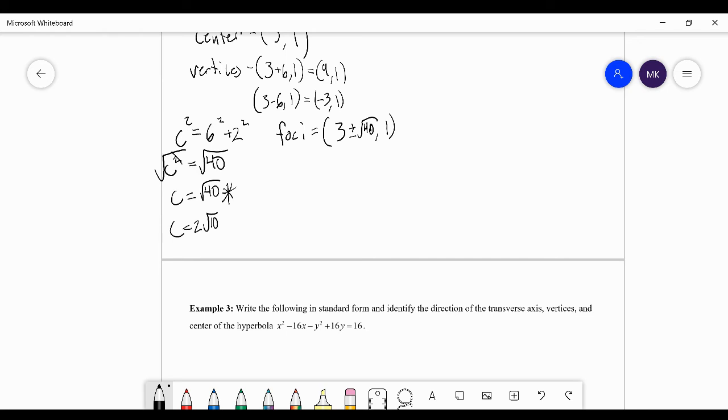The last thing to do is get our asymptotes. Our asymptotes are going to be y equals plus or minus, and then I need to